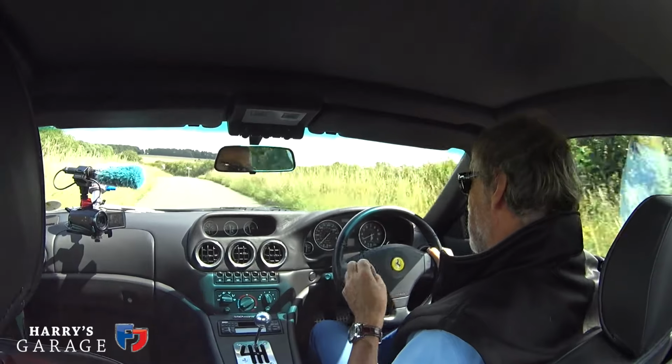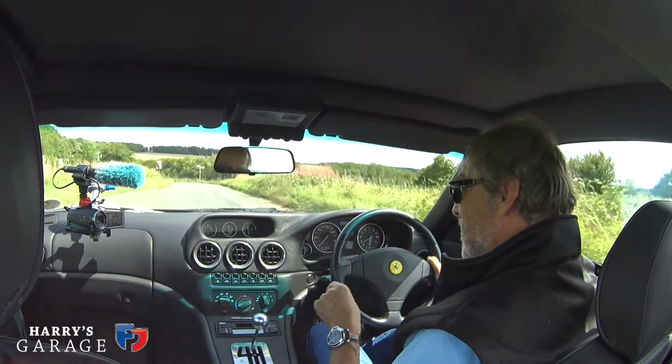Yes, it has little traction at the rear. It might be all gentlemanly, but there's a lot of horsepower there, ready to be released at any moment. And what's lovely on this particular car,